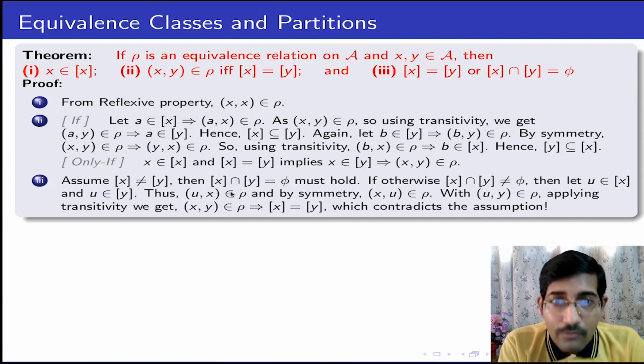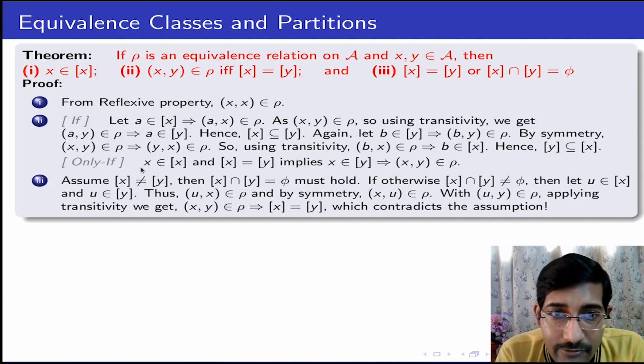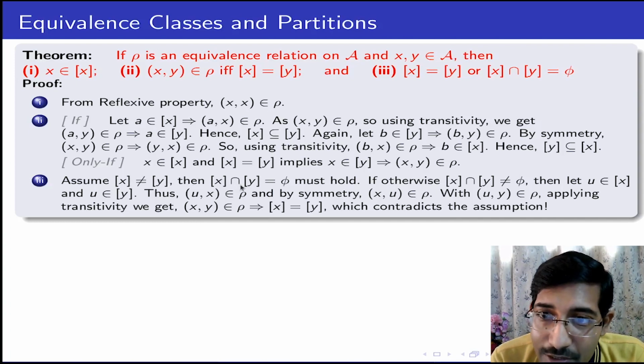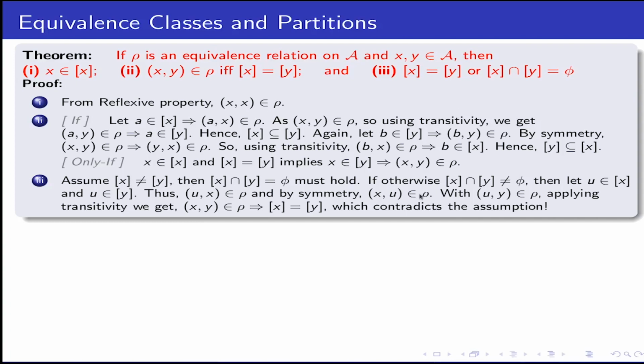So, this gives me a contradiction, because either your two sets should be equal or they should be mutually disjoint. You cannot say my two sets are not equal even if they are mutually disjoint. So therefore it proves the third part of the theorem.